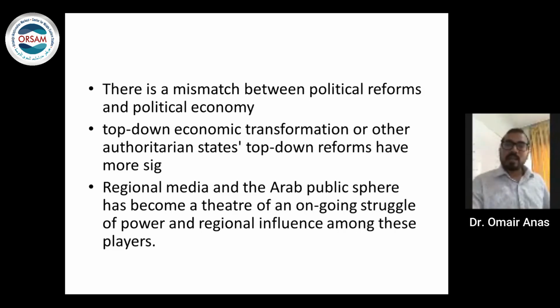So if the Gulf declines, it is not just the Gulf which will decline, but the entire Arab world will be affected. And that is why in 2011 the Arab Revolution happened, because the decline of the Gulf countries had started at that time. So they have to take a top-down, authoritarian style approach,